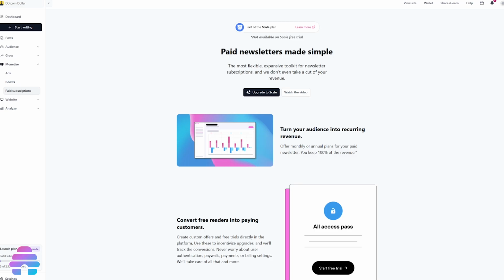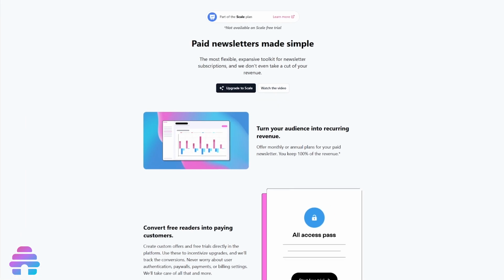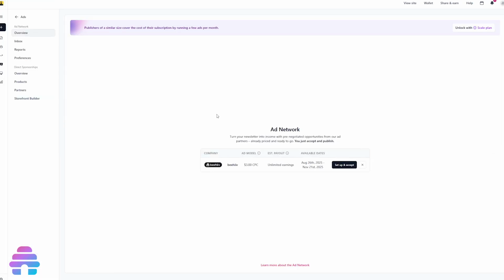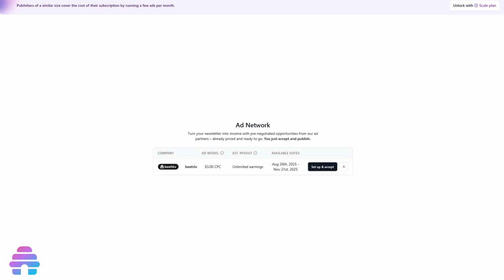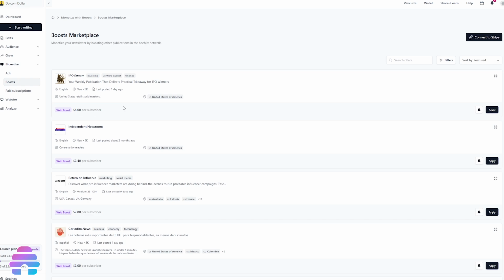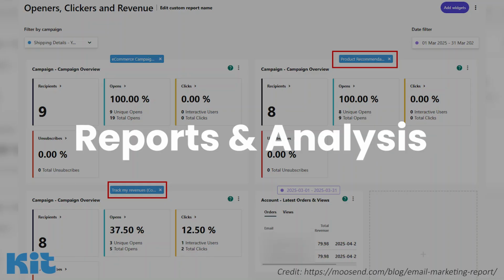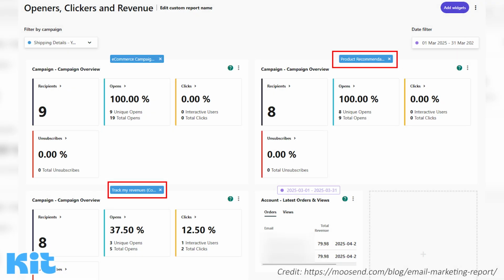Beehiiv, though, also lets you create a paid newsletter, and they also have a similar feature to Kit's paid recommendation called Ad Network and Boost Network. The Ad Network helps you find sponsors and advertisers, while the Boost Network lets you promote your newsletter to other